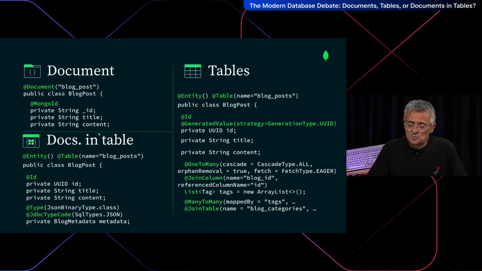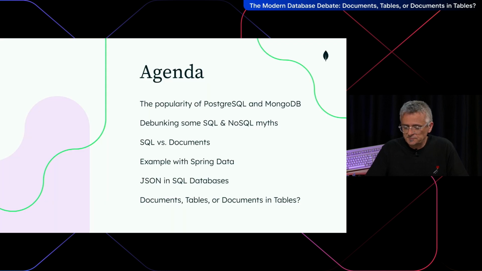And if you have documents in table, like JSON in table, you declare that with JPA like a table, but you can have a type that is JSON, and where you put an object in it. So different way to access it. It's not only the model, it's also the API that can change. So that was to introduce the idea.